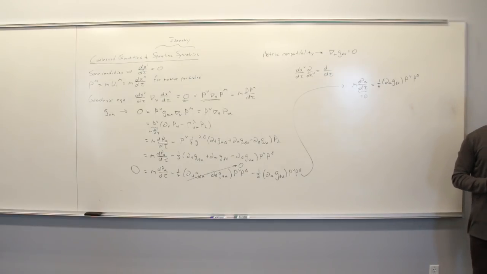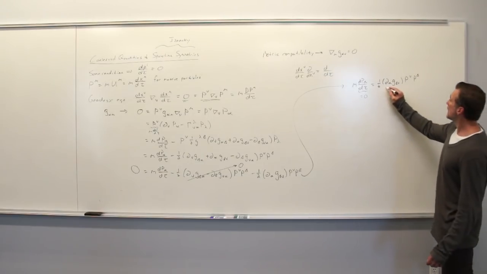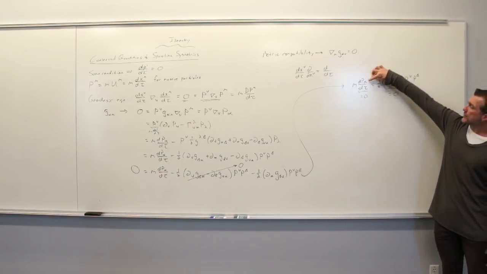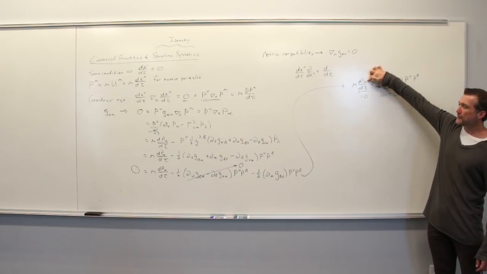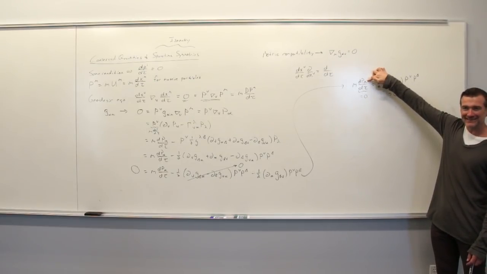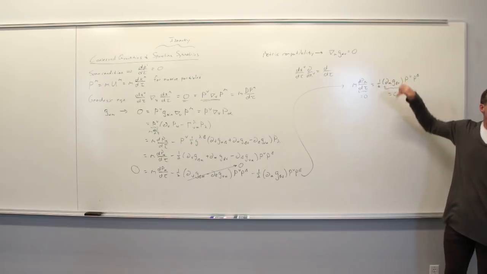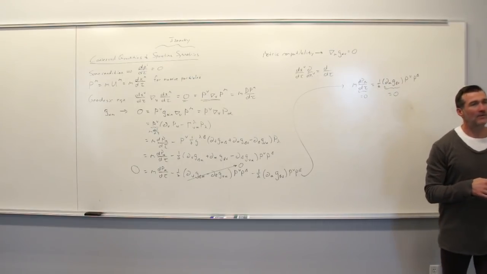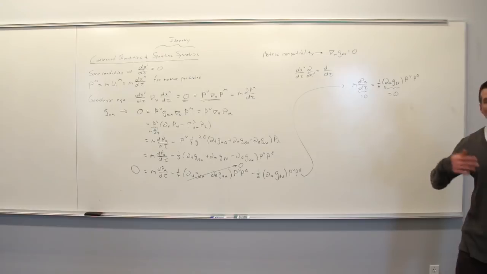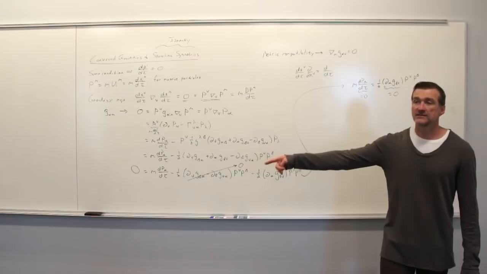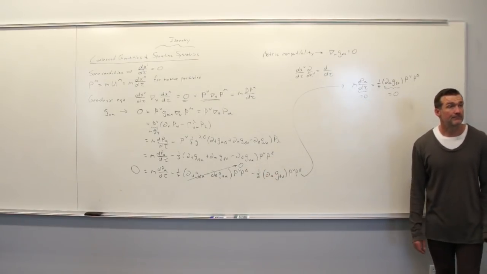But when is that going to happen? When this factor equals zero. That is, the alpha component of the dual momentum is constant if the metric does not depend on the coordinate x alpha. Sounds a lot like what we said for the Lagrangian. If the Lagrangian doesn't depend on a particular coordinate, then the momentum component associated with that coordinate is constant in